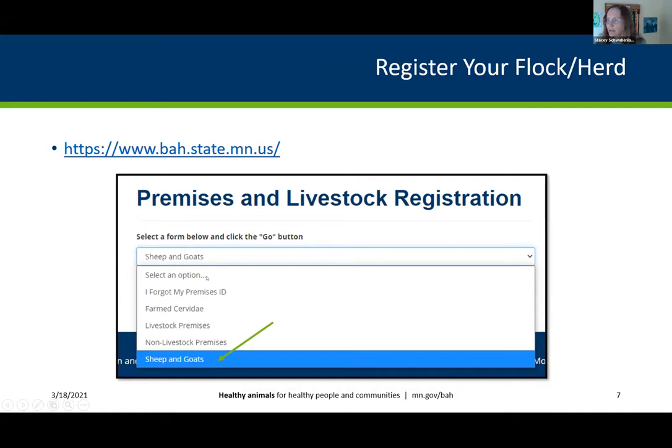So you want to select sheep and goats, and then there'll be multiple fields that are presented to you, and all you have to do is fill out that information, and that gets submitted to the board. And then we will follow up with you individually and give you a whole bunch of information on Scrapie and help answer any questions that you may have.